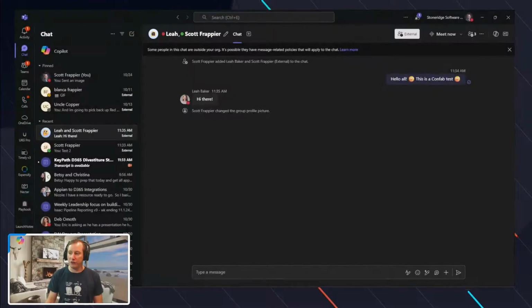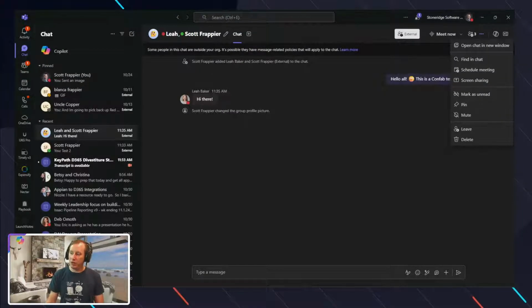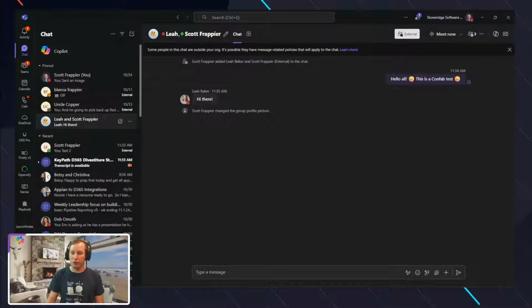It's really kind of nice because if you think about it, if you want to take this chat, for example, and maybe pin it, right? So it shows up in your pinned chats inside of here. Well, you've got a nice visual indicator that you can use basically to get to that detail as well. So a nice little feature in that regard as we kind of go through that.